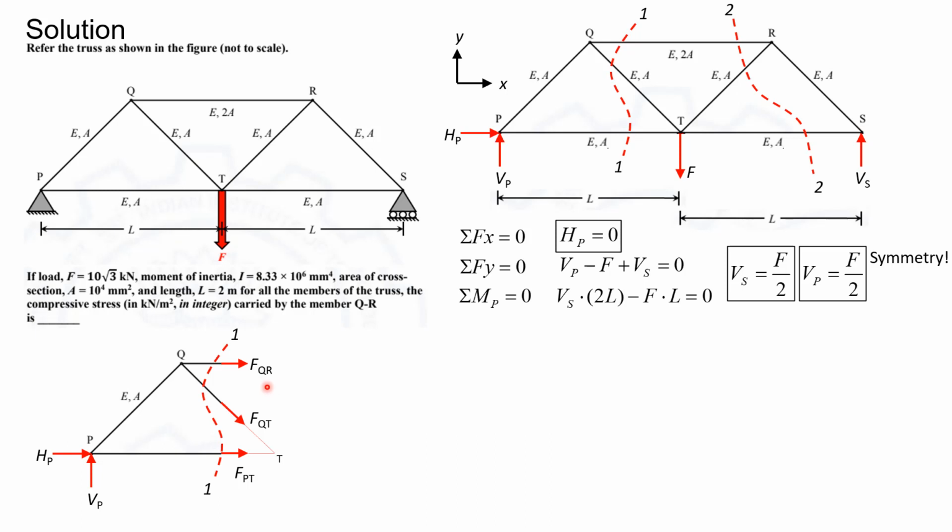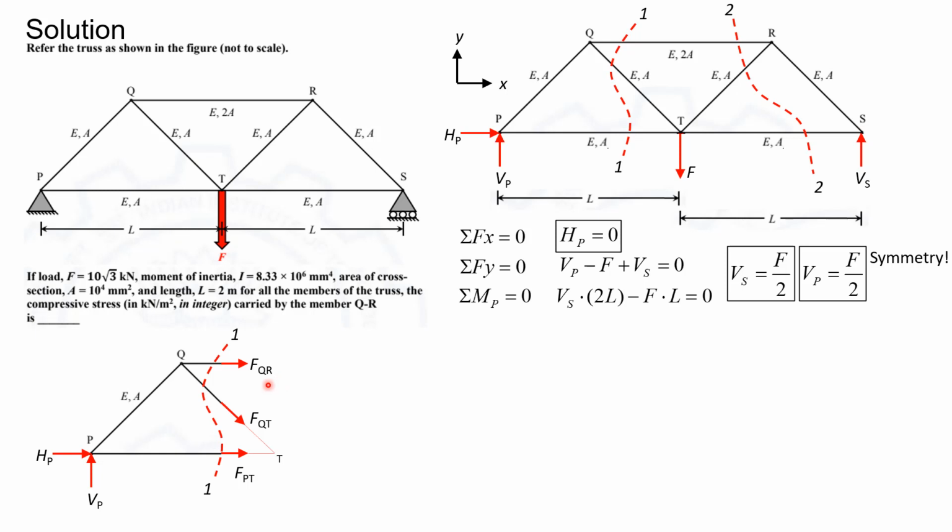Now, in order to calculate the stress in member QR, we first need to determine FQR. And in order to determine FQR, we are at liberty to apply the three equilibrium equations at a section. However, our focus here is to minimize the computational effort. Hence, we can see that FQT and FPT intersect at joint P. Hence, if we were to take the moment about point T, we can easily eliminate these two unknowns and we would get an equation purely consisting of FQR, which would lead us to the answer with